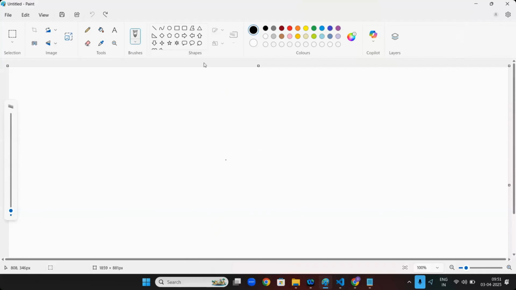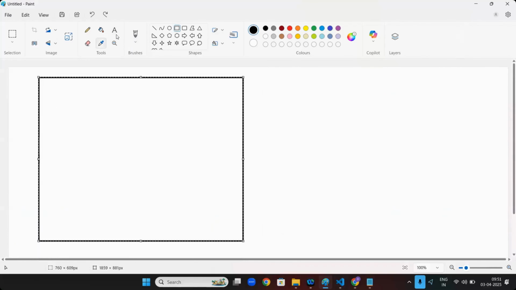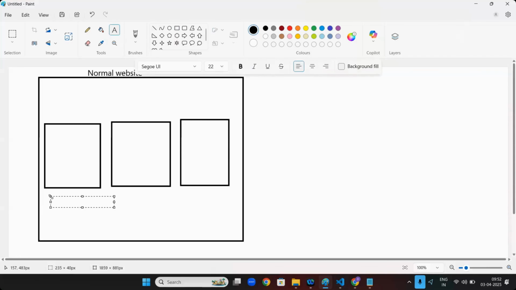Imagine a normal website. I will tell you about a normal website. Imagine I have three pages. For the home page, it will have home.html.